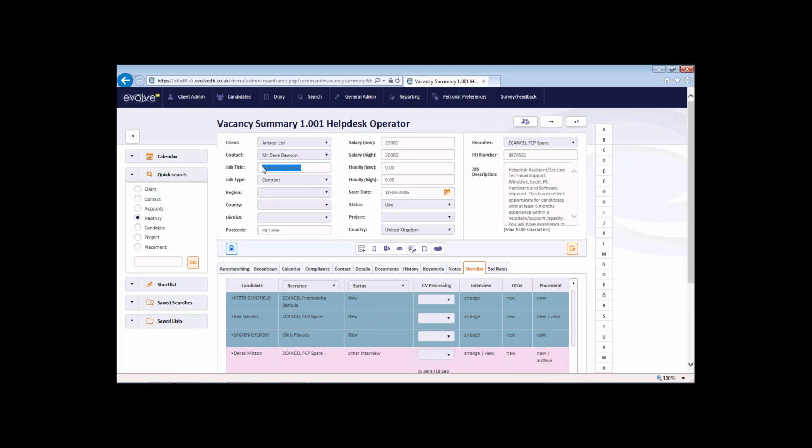And you'll see that this help desk operator is being offered on a contract basis. The contact against the vacancy is Dave Dawson. That would usually, in most situations, be the actual hiring manager. It could also be personnel. And lastly, that Mr. Dave Dawson, who's the employee, is currently attached to the record for the client, who's a business called Accenter in this scenario. That's the client side of the database, allowing you to organize the client-facing correspondence and communication that you do with